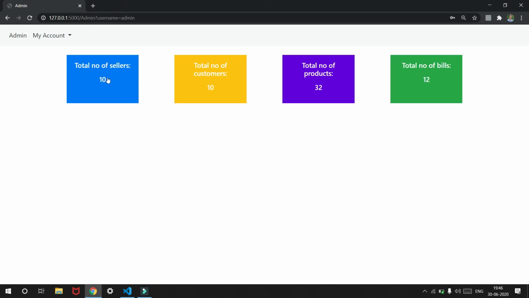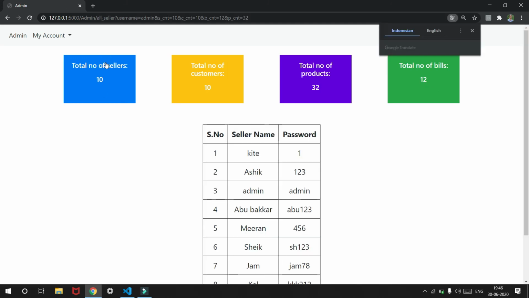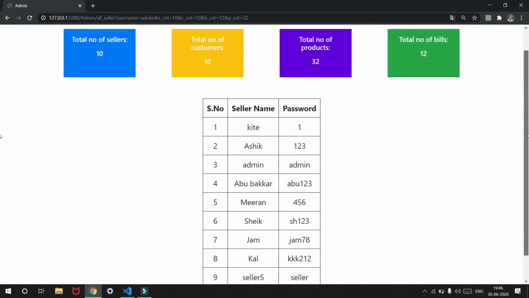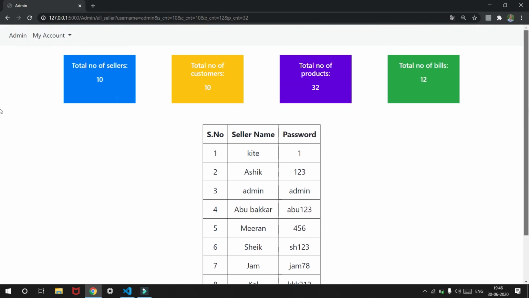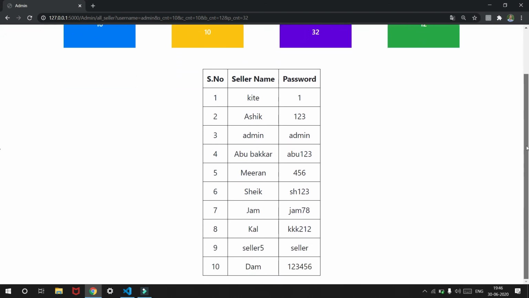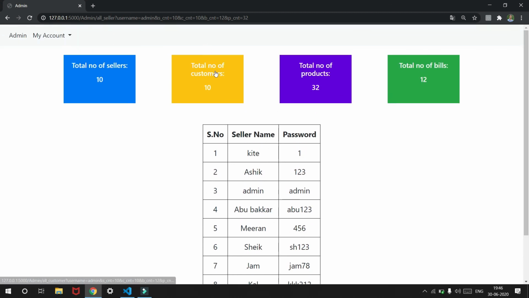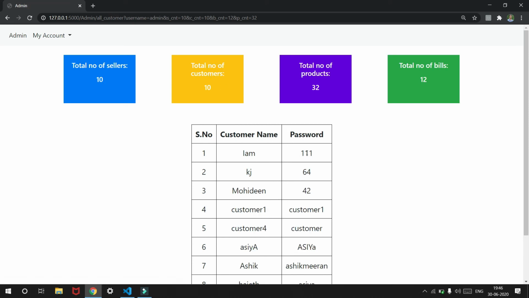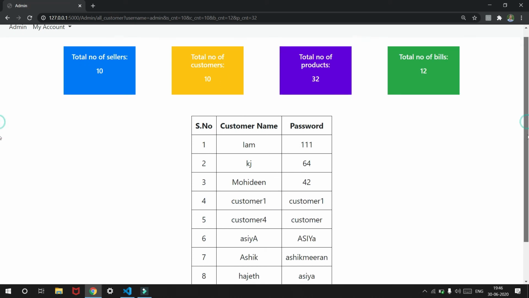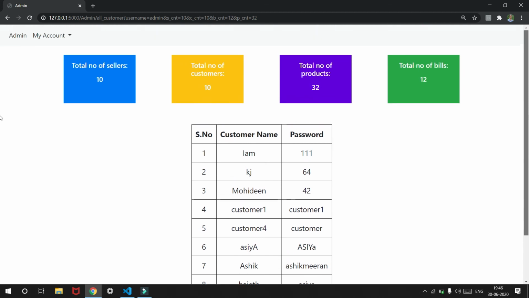Now if I click on any of these, it's going to give me a table of the list of sellers with their passwords. So the admin has the rights to see each seller's password and credentials. If I click on the total number of customers, it's going to show me the list of customers for the web application.